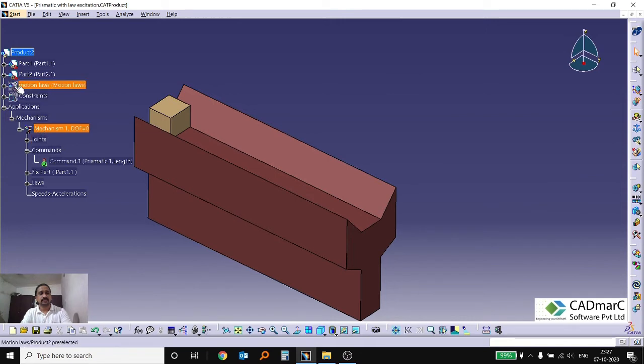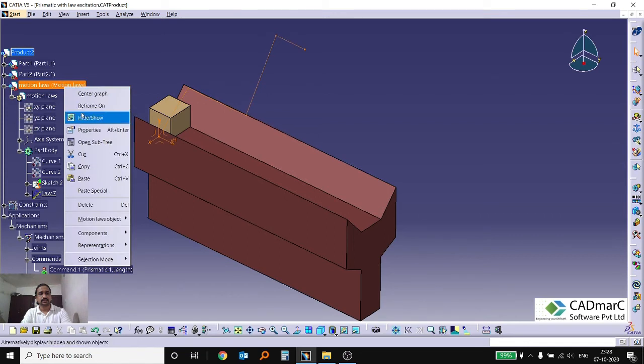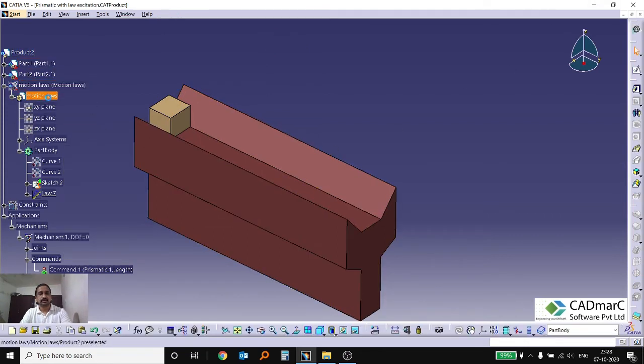Another thing I can show you is that you can create some other profiles also for this particular law. How can we do it? This sketch is already there, so I am just hiding it. I'm going to this particular part, and you can create a new sketch.